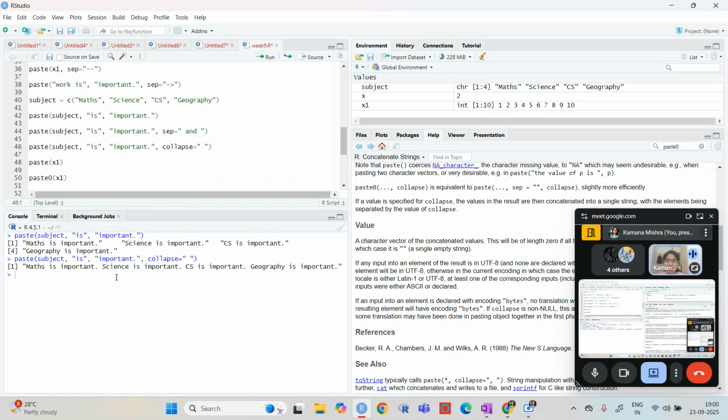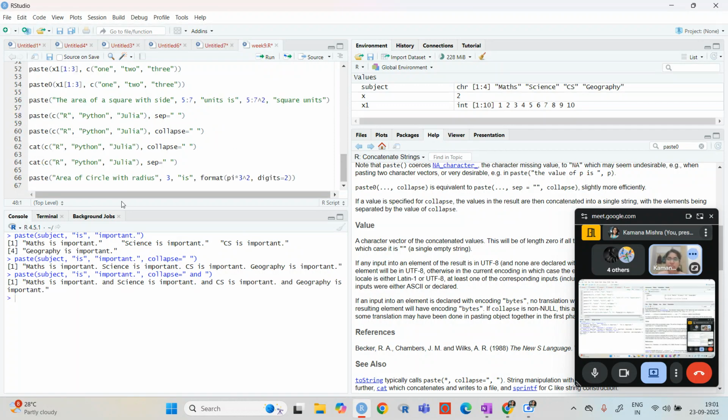When I'm saying collapse, collapse means that rather than keeping separate inverted commas, collapse all in one. So remove all the inverted commas. Rather than saying this is one string, second string, third string, fourth string, just say it is one string with just one set of inverted commas. Now whatever I give inside this will come in place of where there is a collapse.